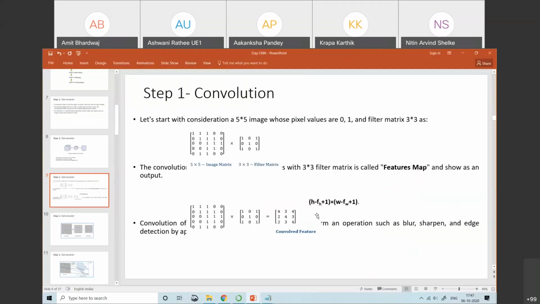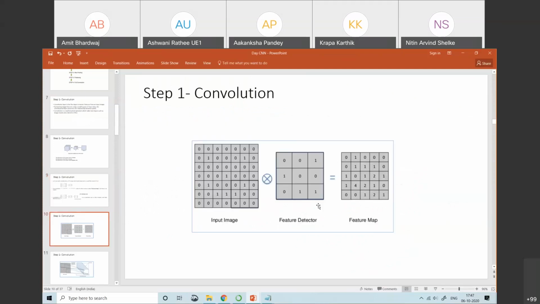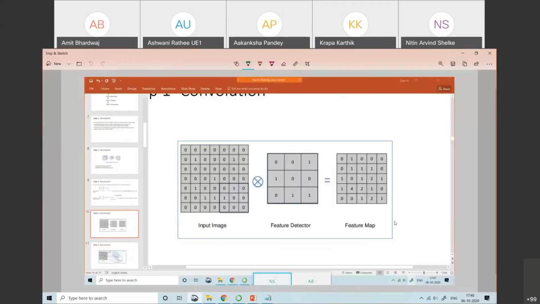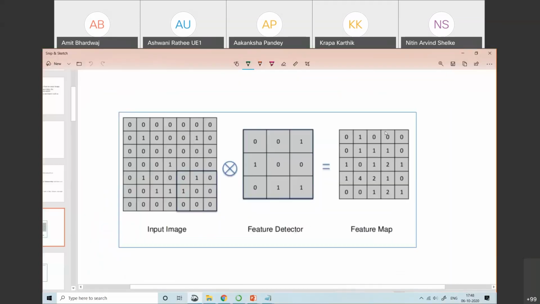Now, how do we get these numbers, 4, 3, 4? For that I have this case study. Observe carefully how we get this feature map. You need to observe carefully how we get this 4 value, this 2 value after doing the convolution. This is the sign of convolution. Now observe here, this is my filter or kernel, which is of size 3 by 3.